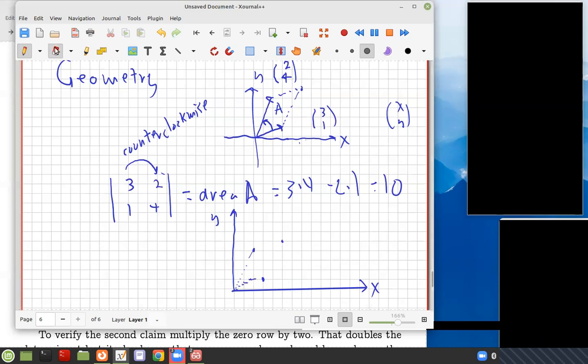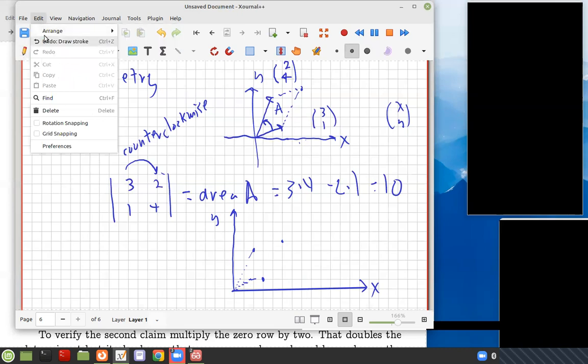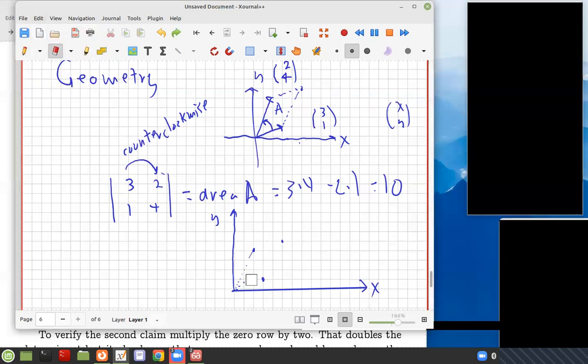Oh, let's see. Okay, that was a bad idea to do it with dots. Okay, so we want to do, okay, now